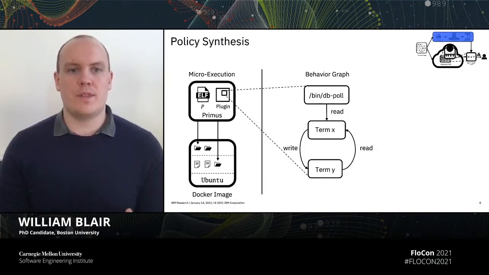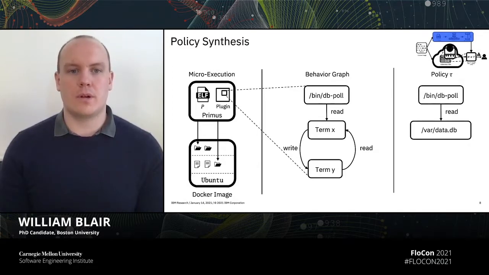Now, what would be the security policy for a program that has this behavior graph? Well, for the MRM, we're not terribly concerned about which point inside the program a particular system call happens. What we're interested in is the resources that the system call acts on. So when we generate a policy for this particular program, we'll replace the term inside every single node with the arguments that were passed to the corresponding system call that was made at that term.